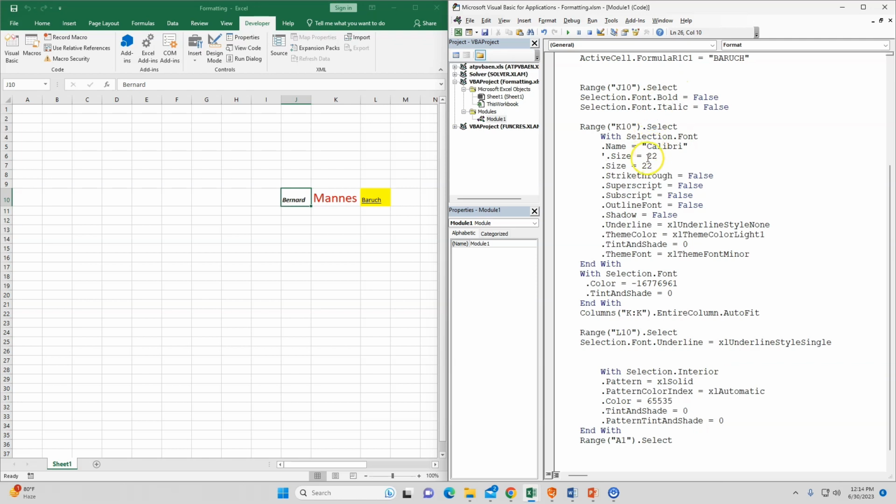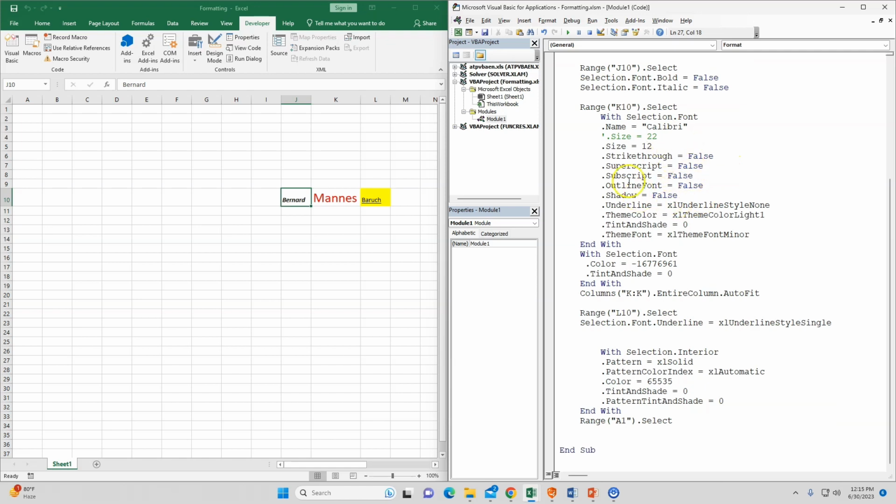And I'm simply going to change the font size here to 12. And again, some more things that were generated and can be changed. And I also need to change the color of that cell to cyan. So as I look through, I'm seeing that there is a color here, and it has some sort of a